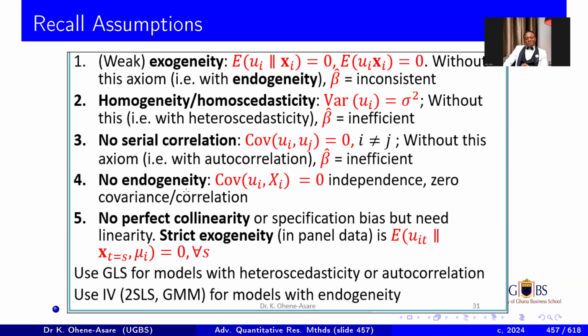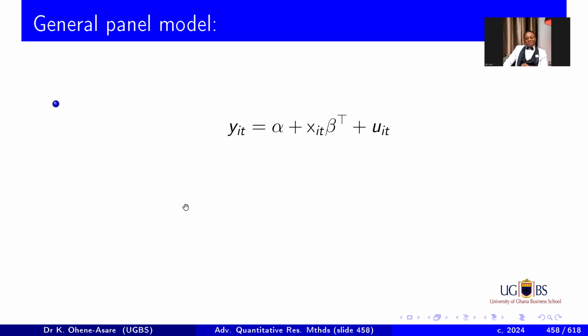heteroscedasticity and autocorrelation using what? Who can remind us? You still run your regression, but you correct that using what? You use the Newey-West standard errors. Okay, that's the heteroscedasticity and autocorrelation consistent standard error. That is what you will use to correct for possible